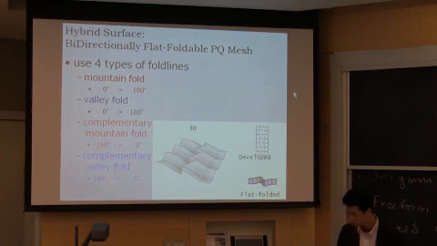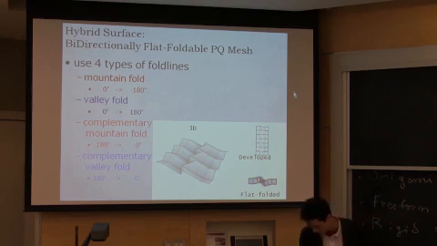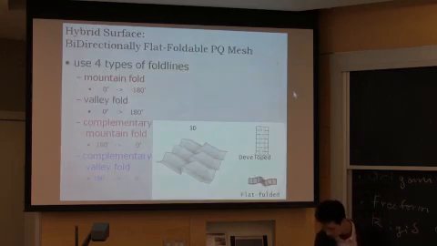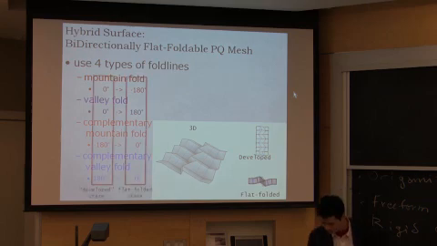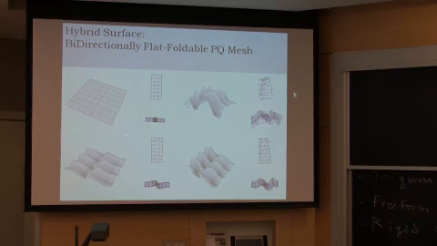And you can actually combine with origami structure if you define this mountain fold, valley fold, and also add complementary mountain fold and complementary valley fold defined here. If you use that kind of extension of the origami, then you will get, I think I will skip this part, but you will get design variations that combine